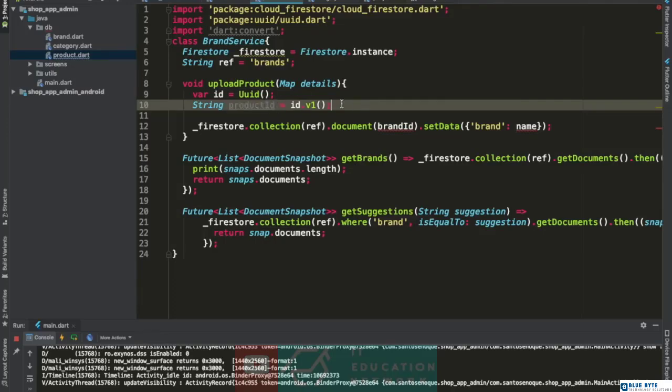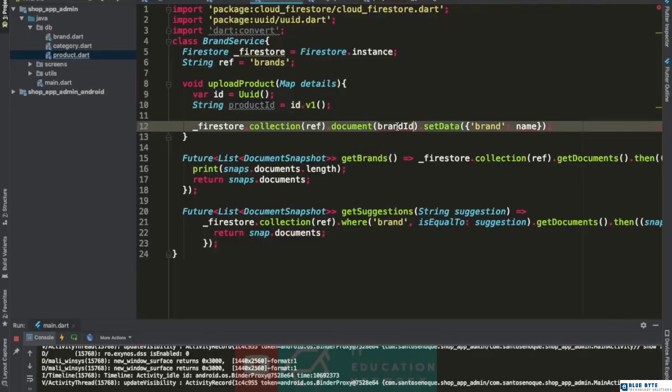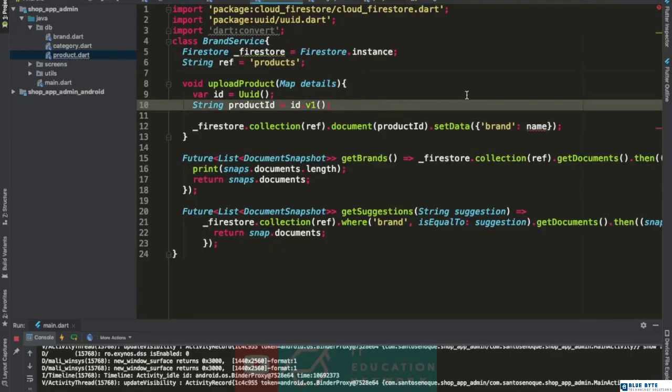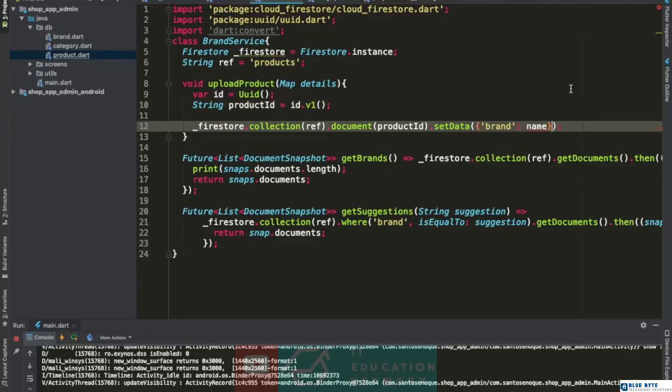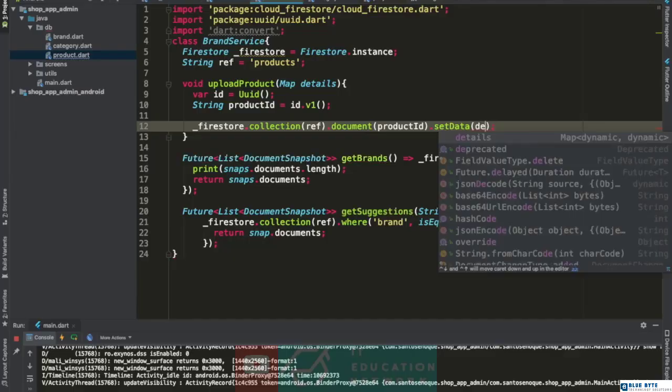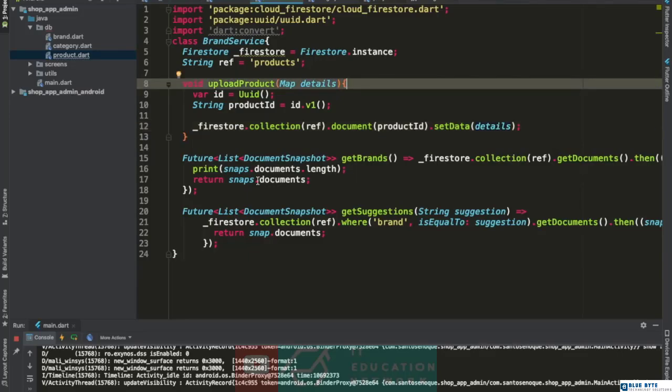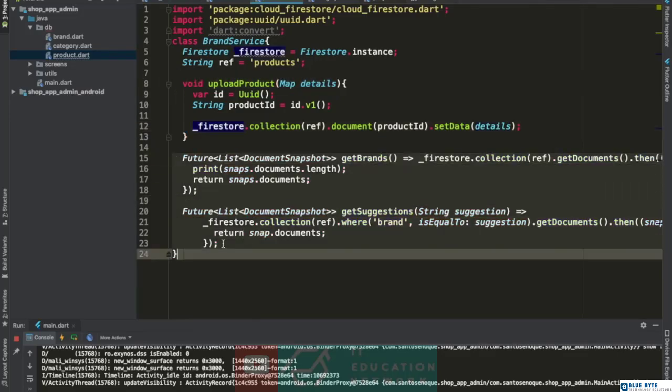So we are generating again an ID for our project using our UID. You just paste it here. The name of our collection is going to be products. And in here we will just set details. So we don't need any of these functions here